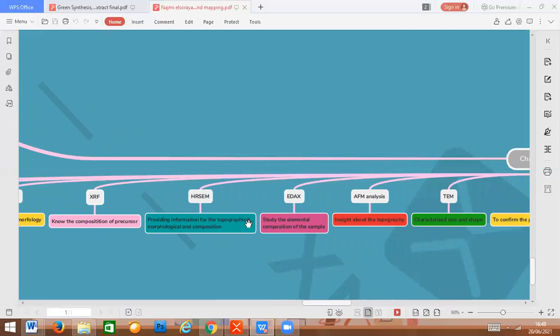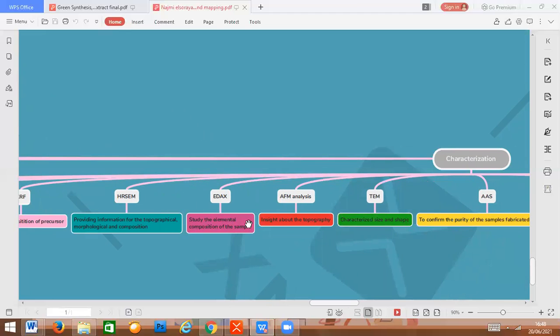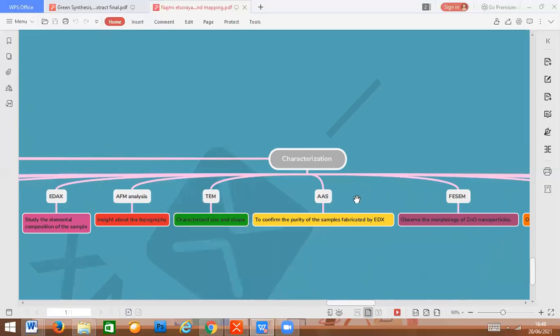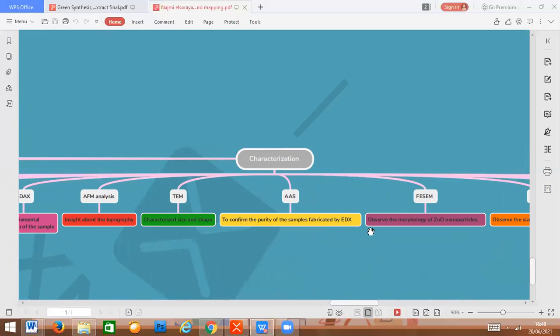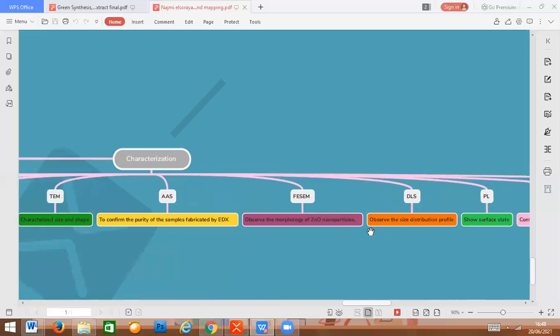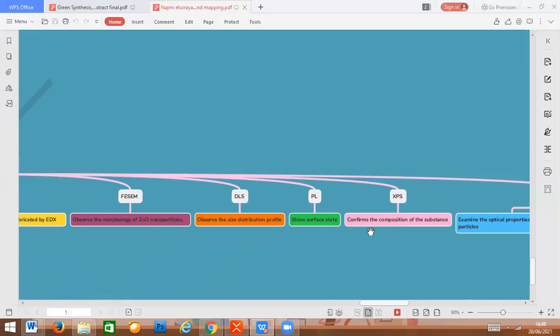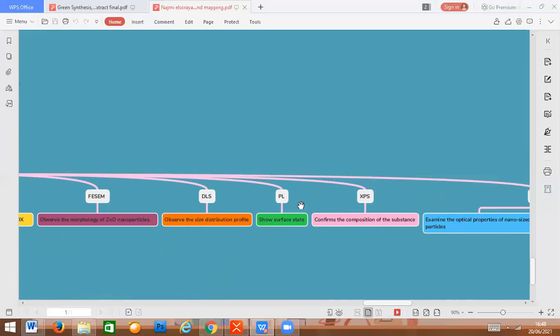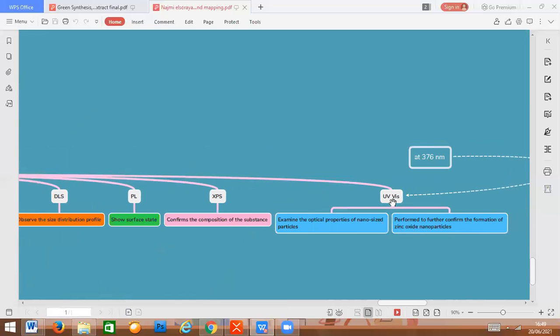EDAX to study the elemental composition of the sample, and AFM analysis to give insight about the topography, TEM to characterize size and shape, AAS method to confirm the purity of the sample fabricated by EDX, FESEM to observe the morphology of ZnO nanoparticles, DLS to observe the size distribution profile, photoluminescence scan to show the surface state, XPS to confirm the composition of the substance, and the last one is UV-Vis. Usually measured at 376 nanometer. This is the function to examine the optical properties of nano-sized particles and to further confirm the formation of